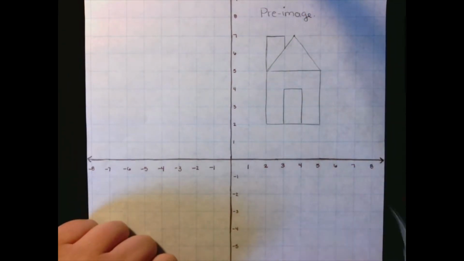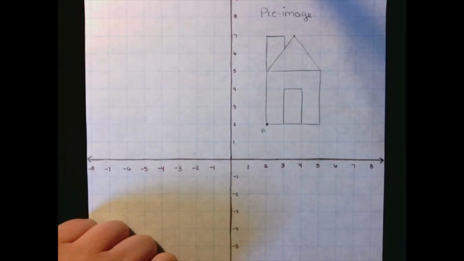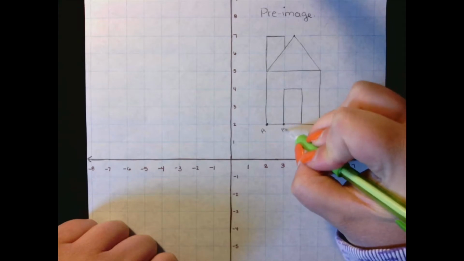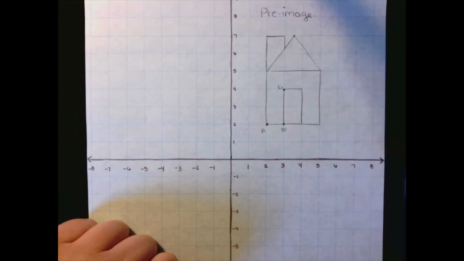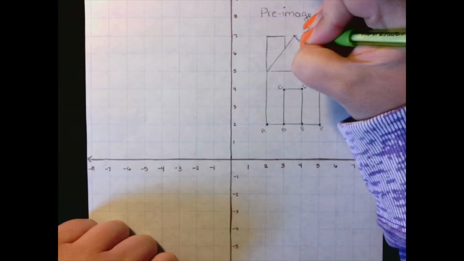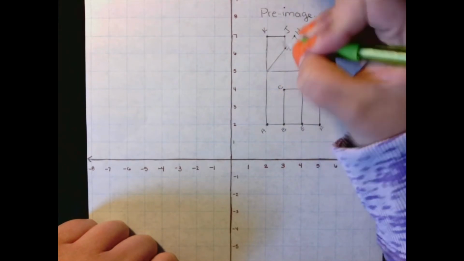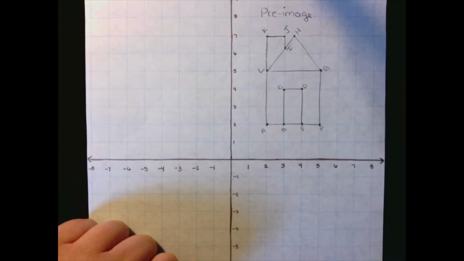And now I need to go through and label all of my vertices. Anywhere that 2 lines or 3 lines intersect needs to be labeled with a point and a letter starting with letter A. So I'm going to start in this bottom corner here, and I'll call this point A. And then I'm going to go around counterclockwise. So here's my next point, that's going to be point B. This one here is going to be point C. Now that I've finished labeling all of my points, I'm going to move on